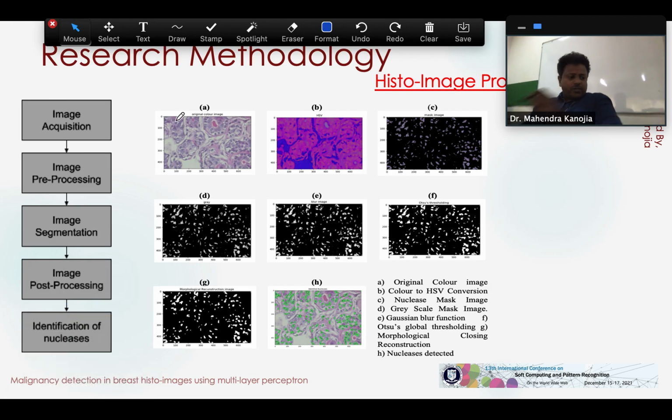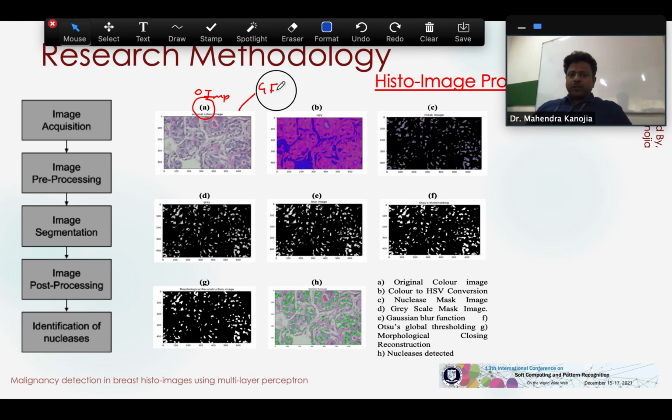So on A first, which you can see, this is the original image, the colored original image. The original image is first taken as an input. Then this image, if required, is also passed through a Gaussian filter.